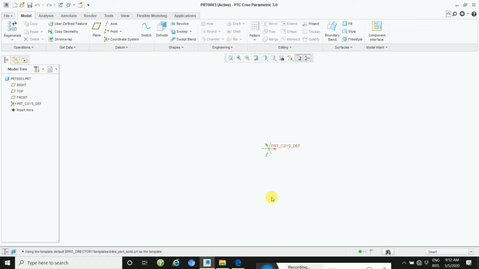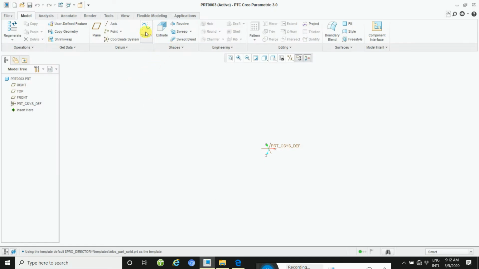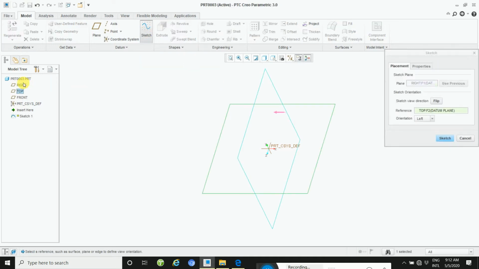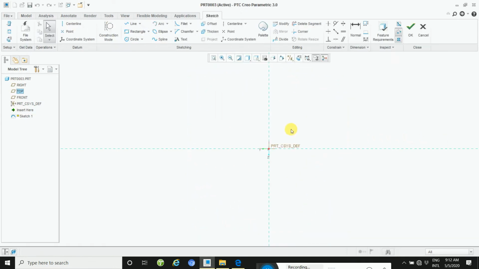Then see this diagram, take a screenshot, and then try to draw your drawing. So go to Sketch, take any plane, and then Sketch.